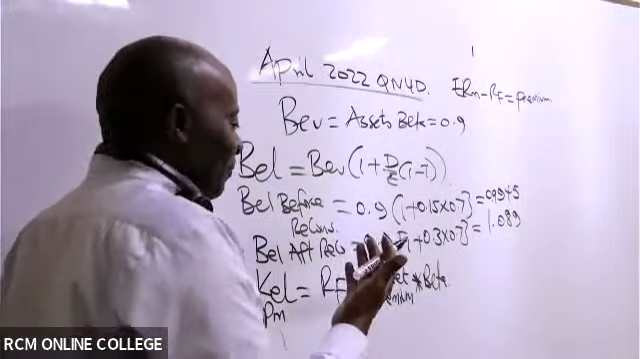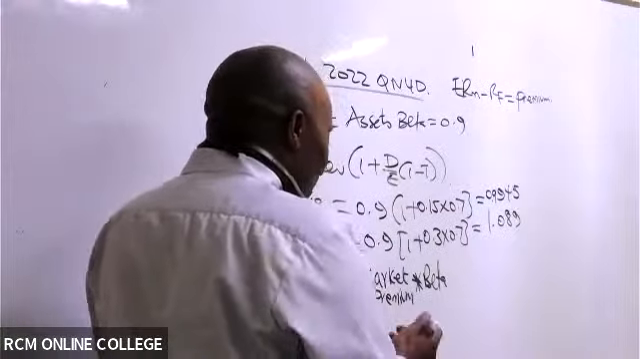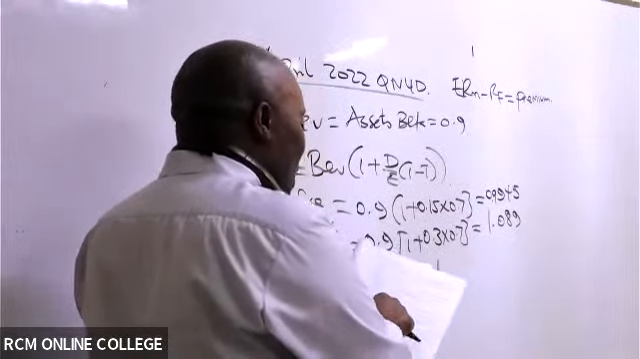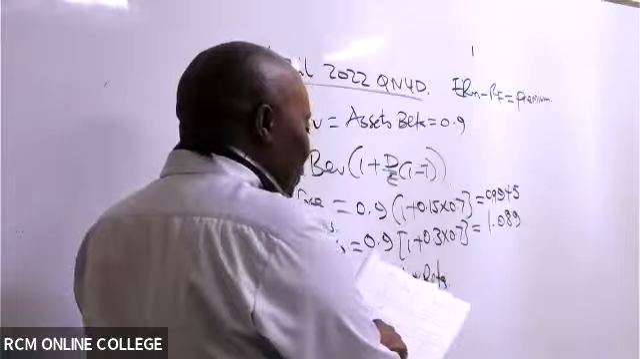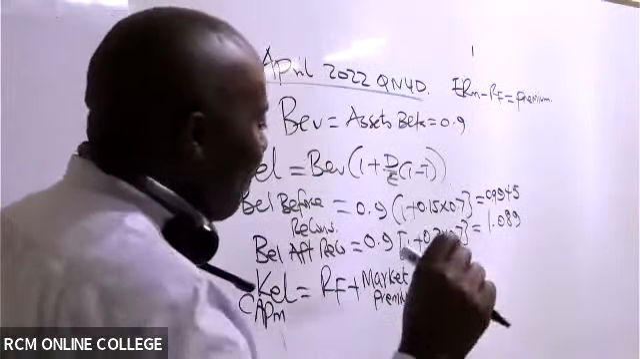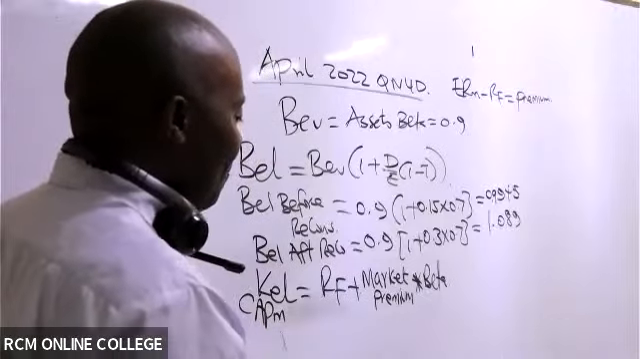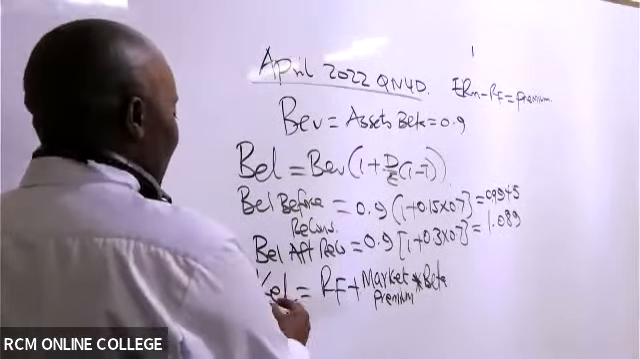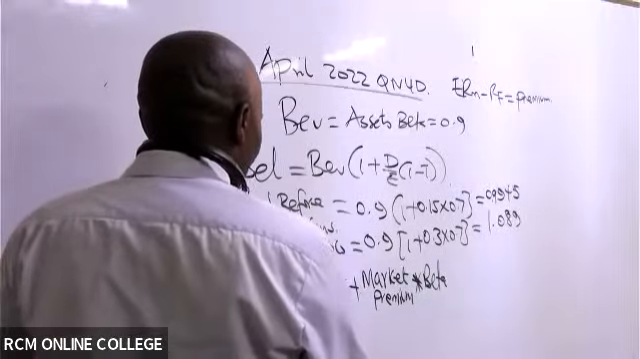Kuna concept haujashika bado. Hii question nimeandika market premium because I can see paragraph 1, last sentence they've given me the equity market risk premium. So when they give me market premium, I can't subtract again. So then give me this KEL before